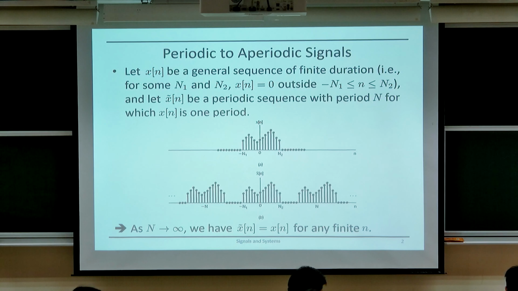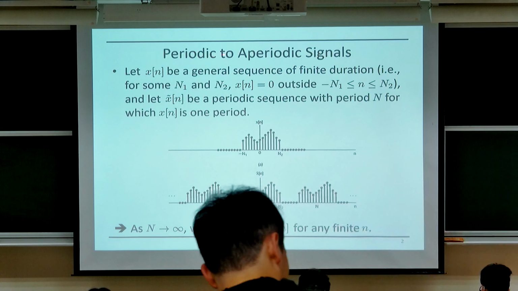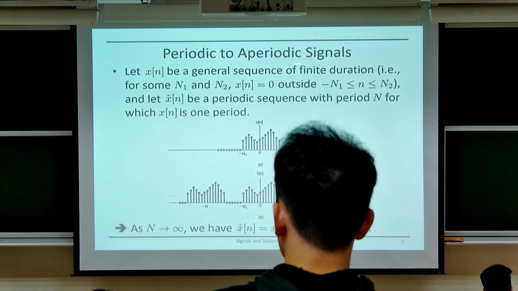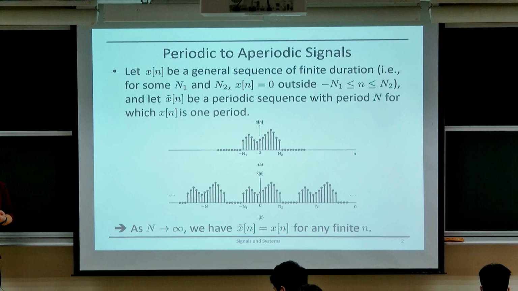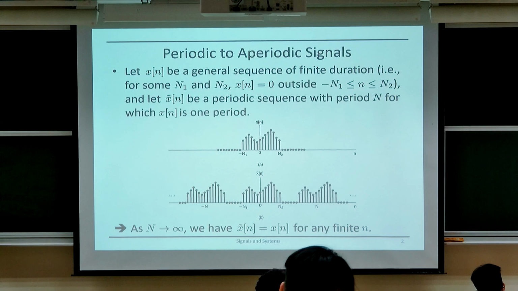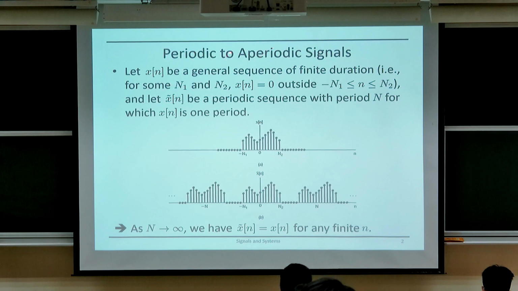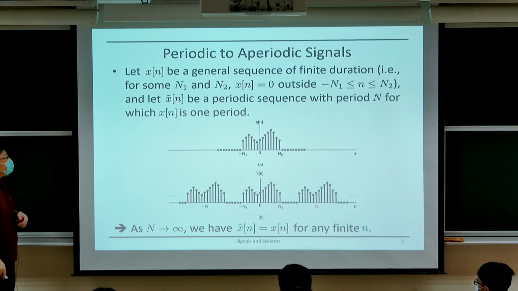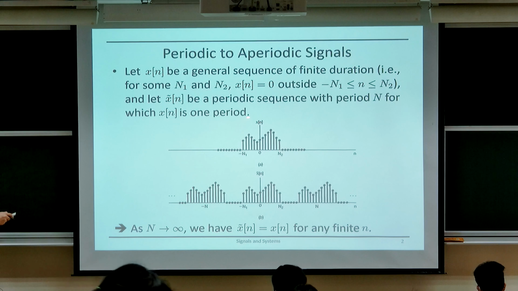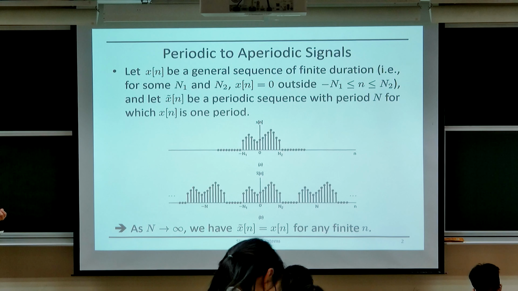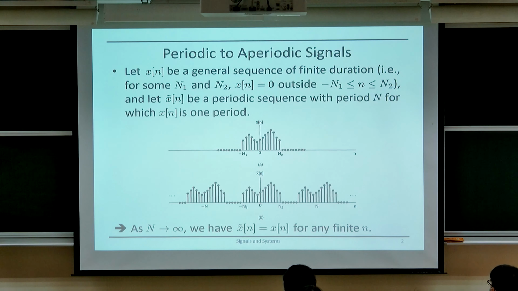So let's continue from where we left off yesterday. Yesterday we were trying to extend this Fourier analysis of discrete time signals from the periodic case to the aperiodic case. So the key concept is the same as in the continuous time case. The key idea is to view an aperiodic signal as a periodic signal with a period that goes to infinity. Now, suppose that x[n] is the signal that we're interested in. This is an aperiodic signal.